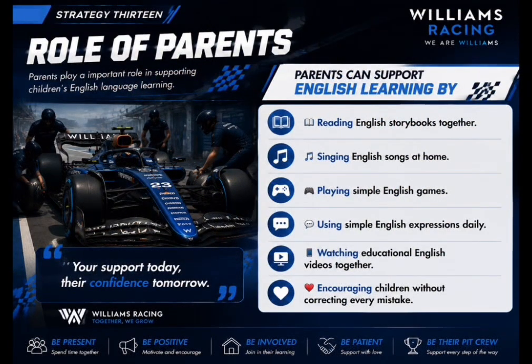Okay, so next we move on to the role of parents. So actually parents play an important role in supporting children's English language learning. So parents can support English learning by reading English storybooks together, singing English songs at home, playing simple English games, using simple English expressions daily, watching educational English videos together, and encourage children